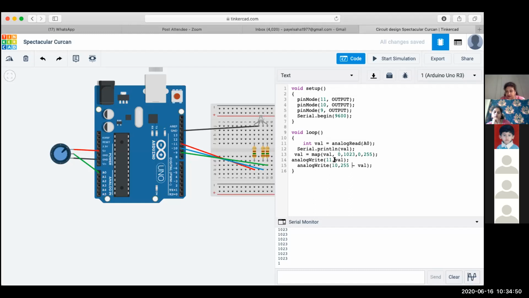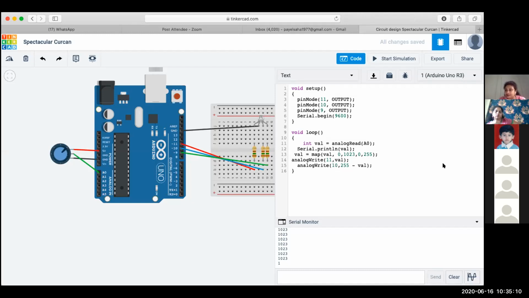Whereas when val is maximum at 255, that is red is maximum, my blue will be 255 minus 255, that is 0. So red and blue over here will have an inverse relationship with each other. Are you getting me?